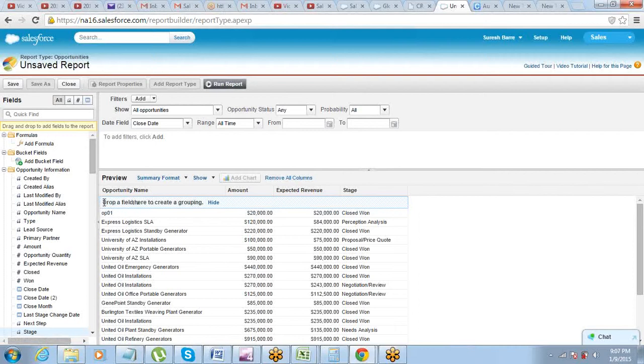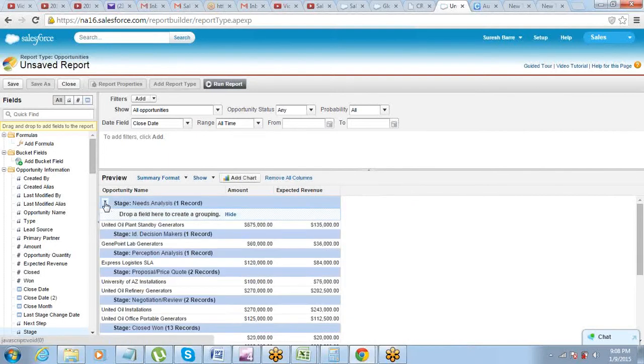This is the option where you have to drop the field using which you want to categorize or segregate. So I want to use the stage field for summarizing. So let me drag the stage field and drop it here. This drop zone that you get to see, you have to drop the field that you want to use for summarizing. Click on this. Now see, need analysis, there is one record. Decision maker, there is one record. Proposal price and quote, there are 2 records.